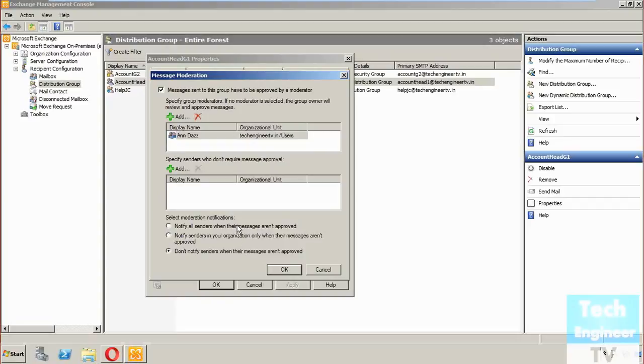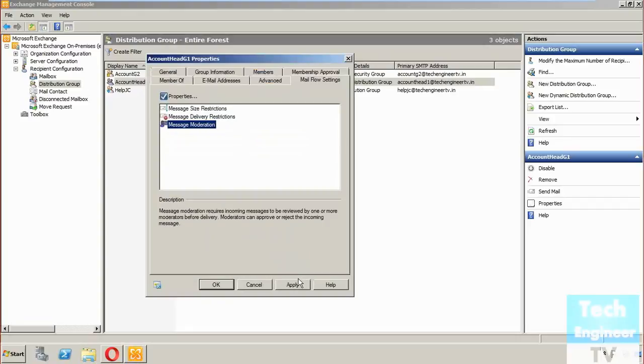The second one is that only those people receive notification who are part of the organization. So I'm keeping the first one selected, I'm applying here, and I'm going with OK. So this is how you can create a moderator in a distribution group. Hope you learned